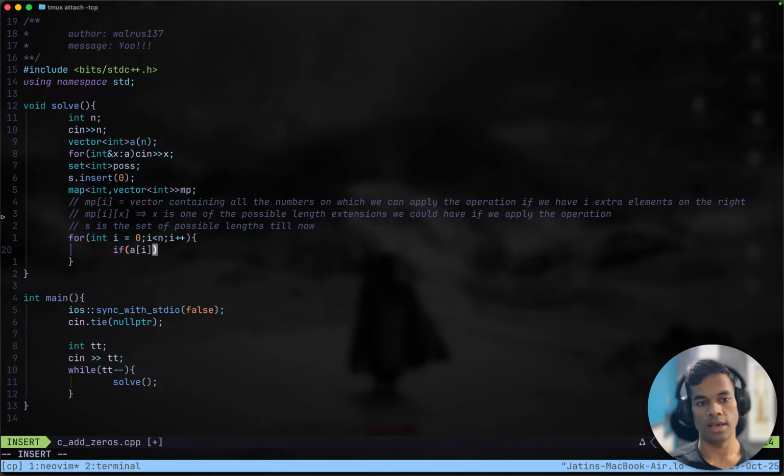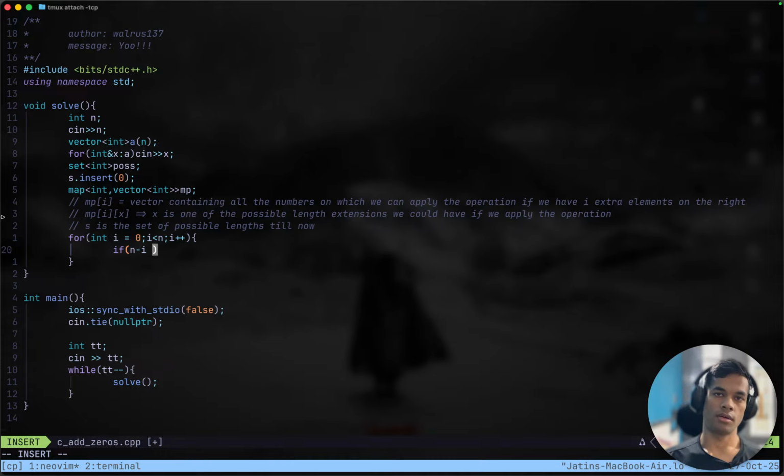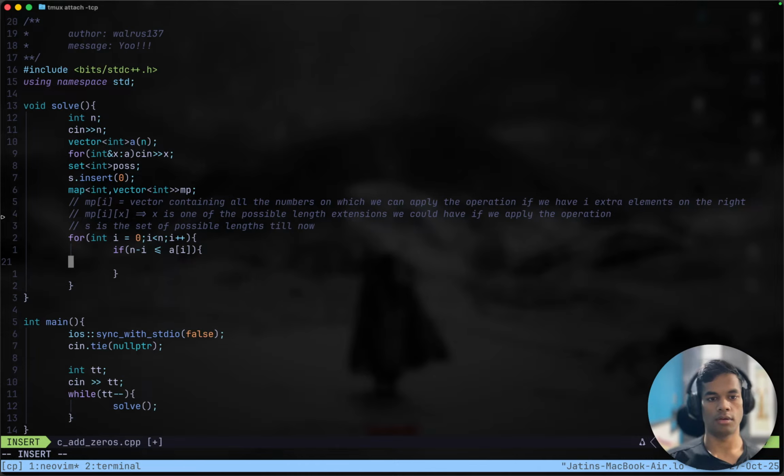If AI, the number, let's see how many numbers are on the right. Onto the right, there are n minus I numbers, including the current number. This is how many numbers are onto the right. Now, this number has to be smaller than or equal to AI. If it is, then add to the map